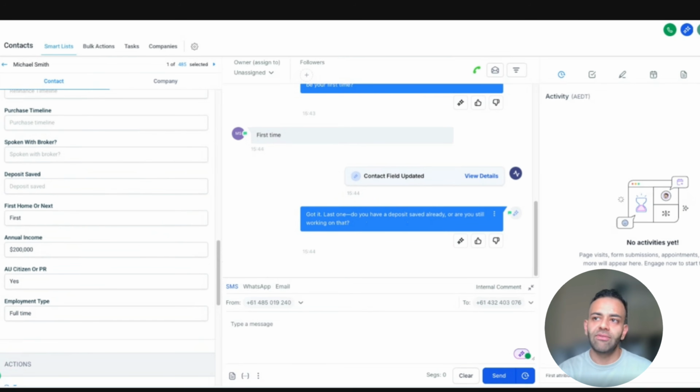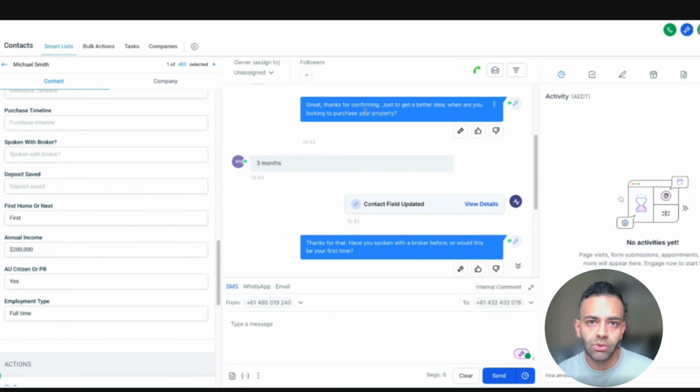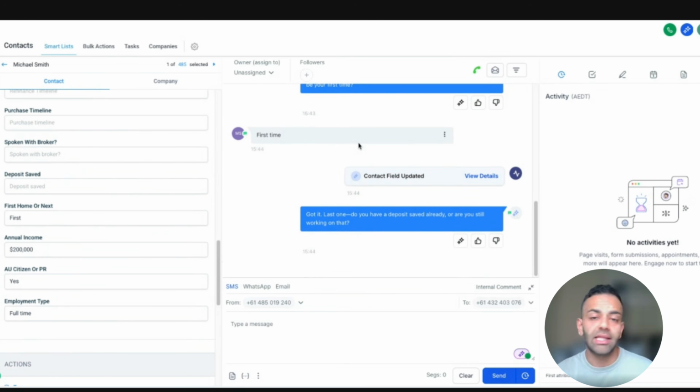Now, one thing I just want to caveat before I continue is that these 3 questions are 100% customizable based on whatever specific questions that you would like to ask your client. Okay. Just for simplicity's sake, I've decided to ask these 3 specific questions, but really they can be whatever you want. Okay. And again, on the front end, on the form, we would very likely ask these questions anyway. And on the back end, when we're going through with the AI qualification, you might want to ask some more complex questions. But just for the sake of the demo, I'm trying to simplify it just to show you how the concept of everything would work.